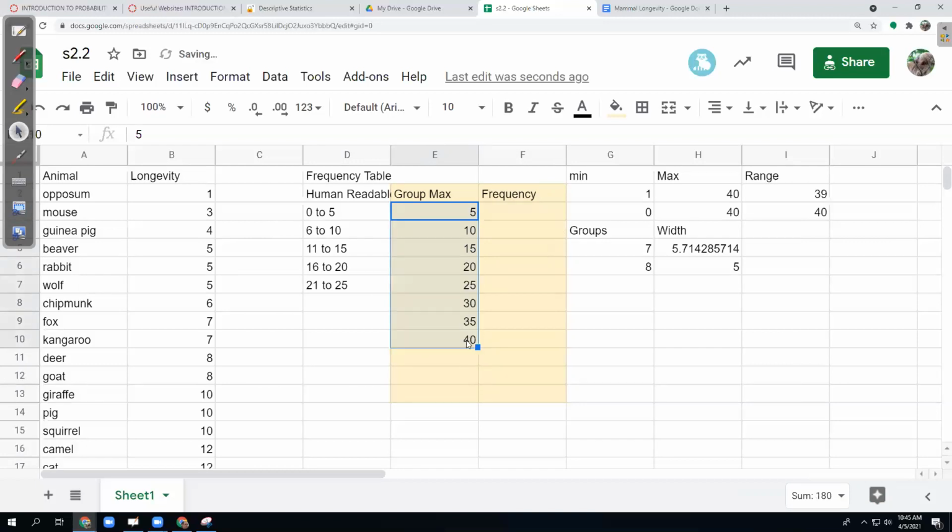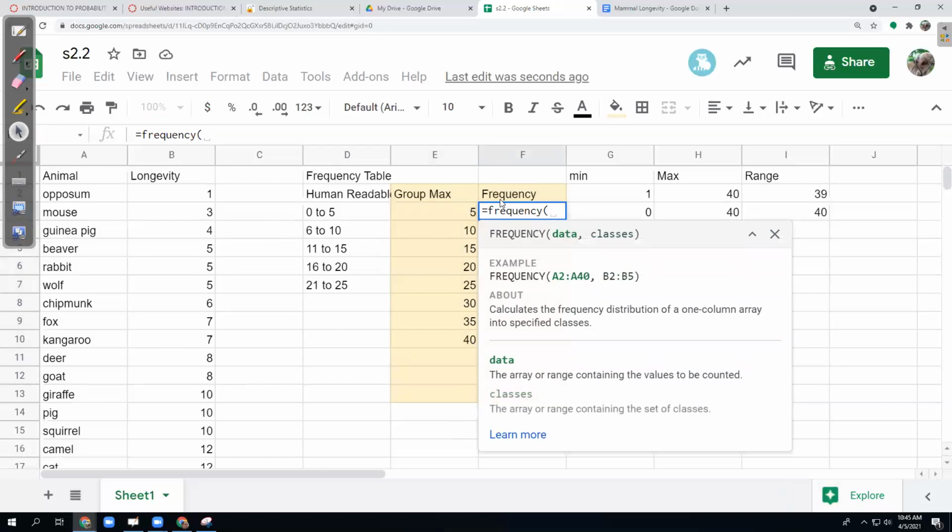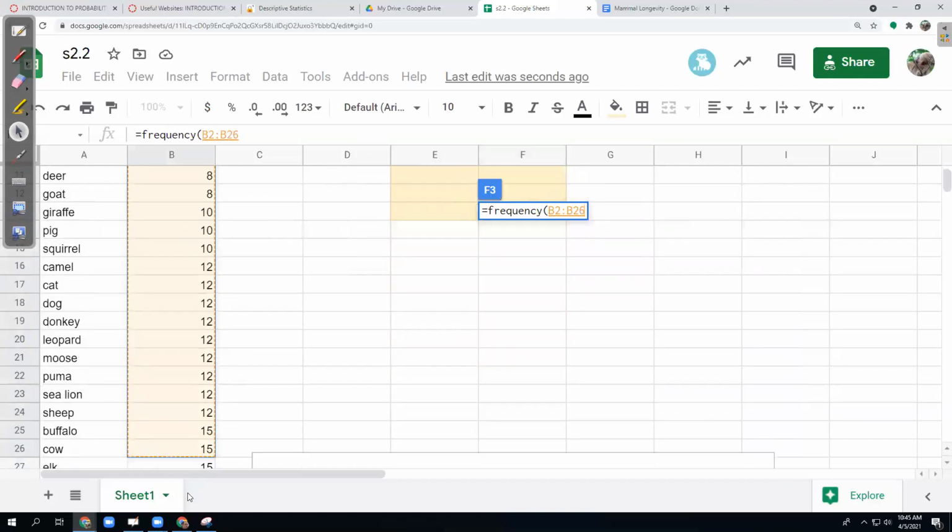Get at least to your max. So once you're just at or past your max, sometimes you hit it, sometimes you don't, then what you do is you go into the beginning of the next column. So notice I'm in this cell right next to the first group max, and then I start typing the frequency command, FREQUENCY, and Google should pop up with, hey, here's the frequency command. Mine's misbehaving. And the frequency command says you need the data. So then highlight the data from the first number down to the last number,